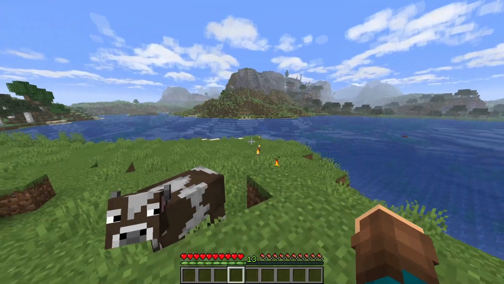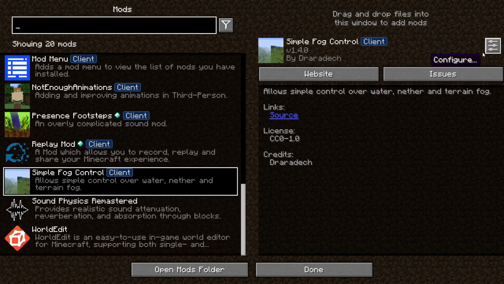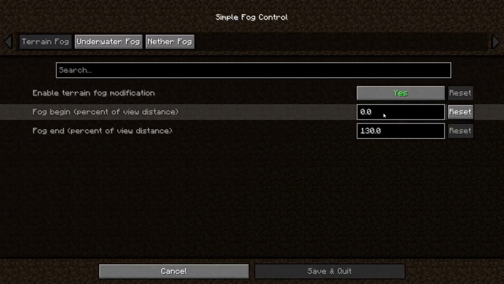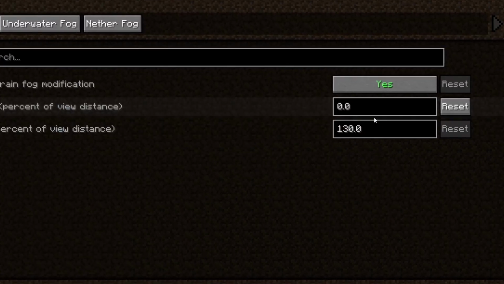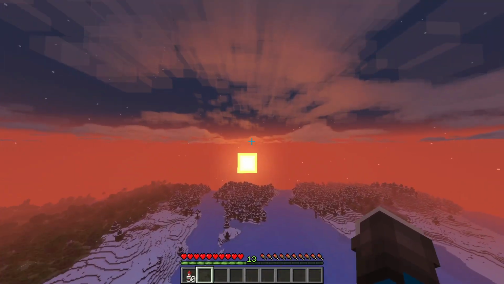It is also quite customizable, and going into Mod Menu, you can edit the settings here to your liking, but in case you were wondering, Bdubs does use the default settings with the fog being at 0% and ending at 130%. The next mod is the Better Cloud mod, and yes fellas, this is what makes these clouds look so